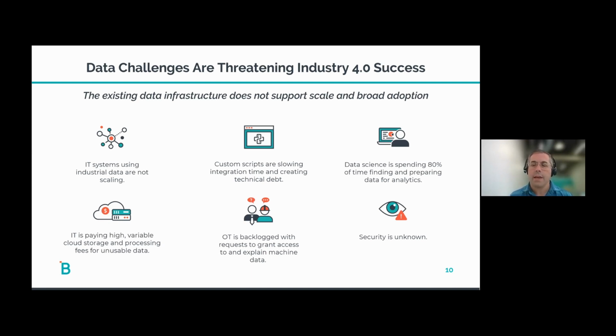We need to get them the data and get them spending more time analyzing the data and less time trying to find it. And our OT team is reporting that they're spending a lot of time trying to support all these integrations, trying to explain what all that data means, when what they really need to be focused on is executing the factory and keeping the factory running and producing goods. So all these challenges have really got people to rethink how they integrate data on the factory floor.